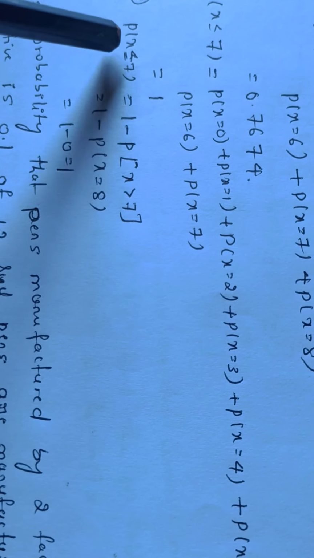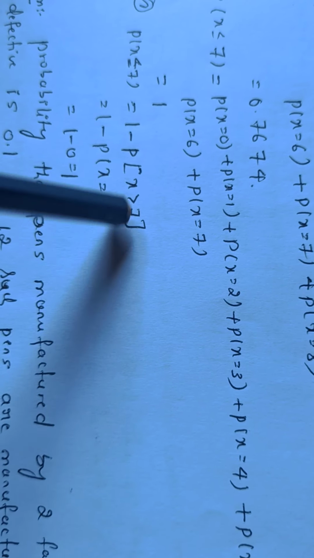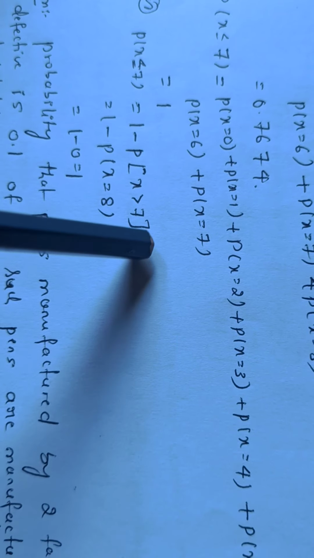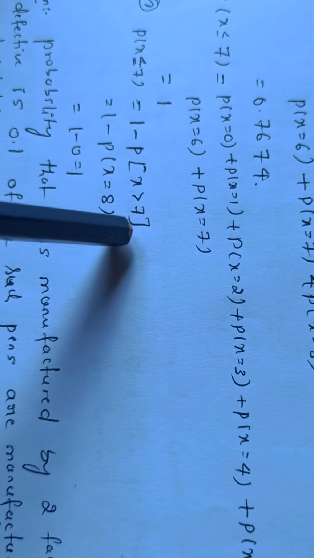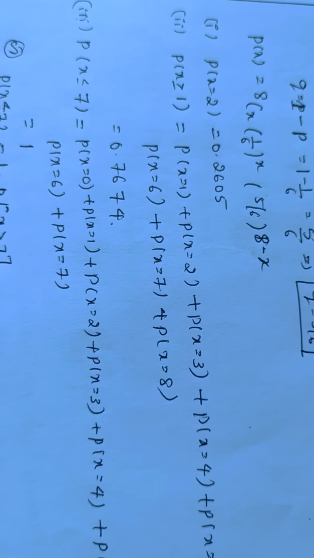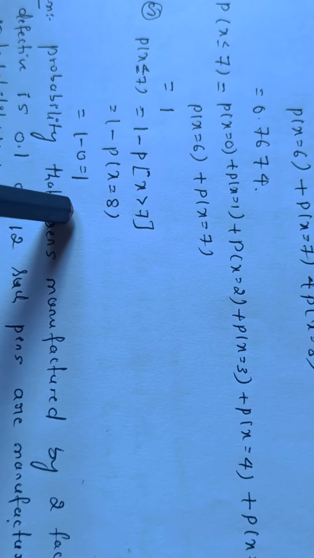That is nothing but the contradiction for this function, that is 1 minus probability of x greater than 7. In the sense, you should take only the one number, that is 8, because n is equals to 8. The maximum number of throws will be 8. Greater than 7 in the sense we have only one value, that is 1 minus probability of x is equals to 8. So substitute the value of x as 8 in your P of x in this formula. So you will be getting answer as 0. So 1 minus 0 will be equals to 1.